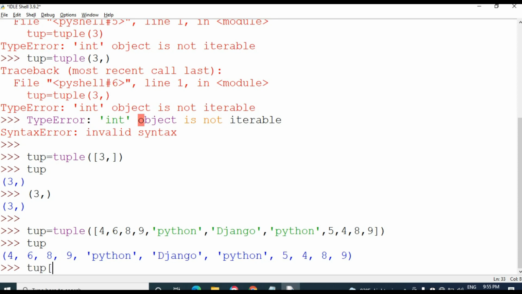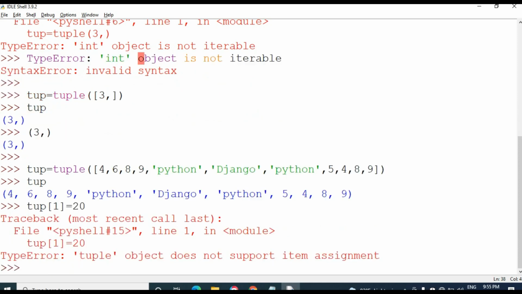But I want to add 20 at index number 1, that means next to the 4. So I am just assigning like this. See, type error: tuple object does not support item assignment. That means we can't modify anything in the tuple.